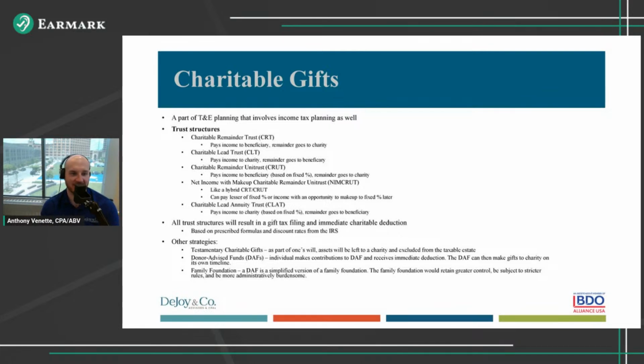Think about how that's going to affect the income side and what benefits we can get using gift or estate tax. There's a couple other strategies we can do as well. Testamentary charitable gifts, if you're familiar with these, right? We can say that in my taxable estate, all assets remaining would go to a charity. Additionally, we could also do it to a fixed dollar amount.